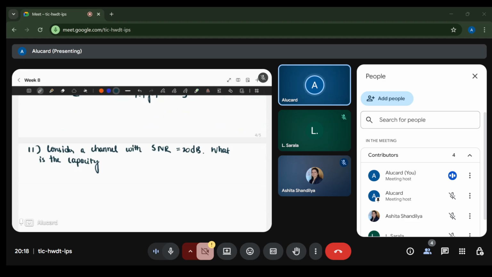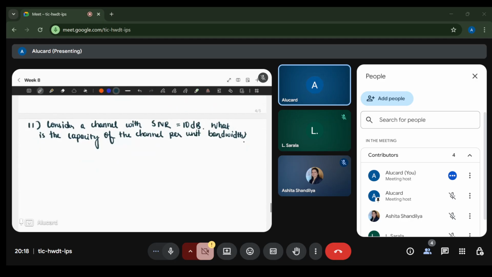Let me do it with a different number at least. Take SNR as 10 dB. What is the capacity of the channel per unit bandwidth? We're talking about AWGN channel,